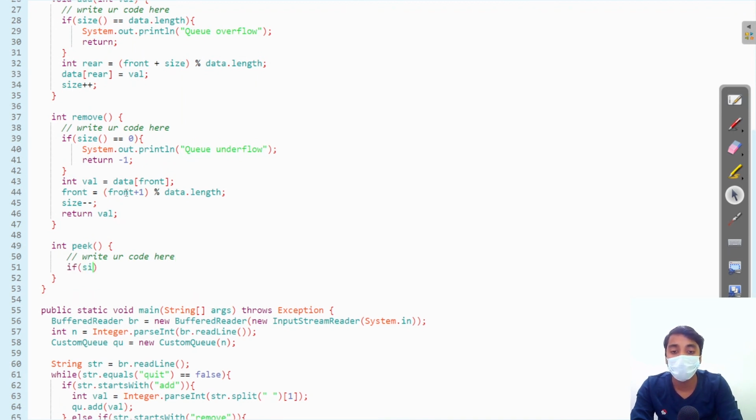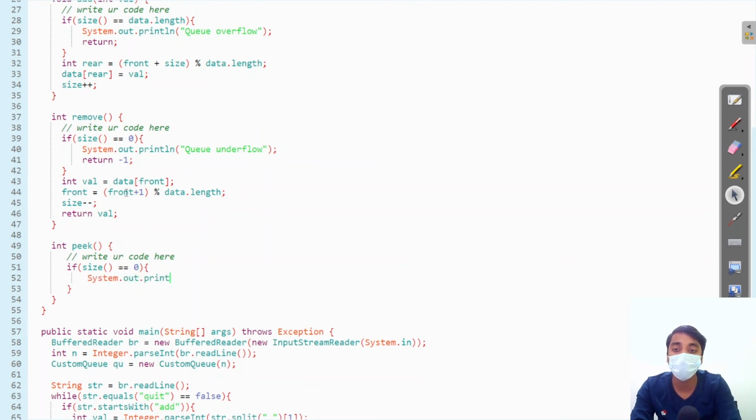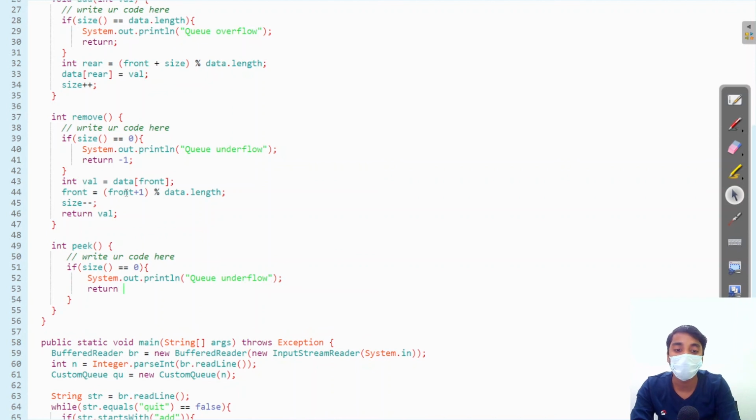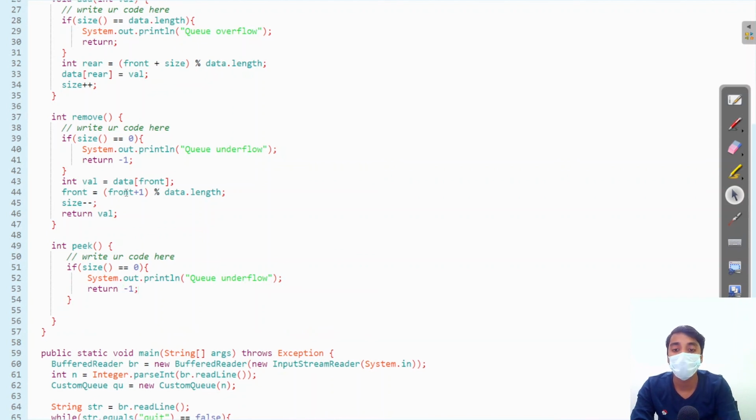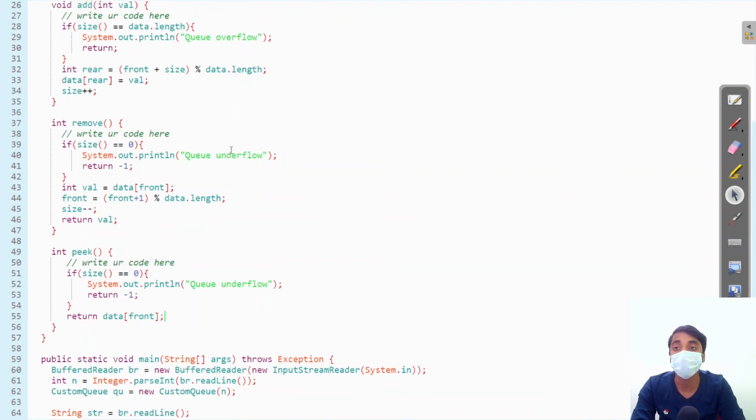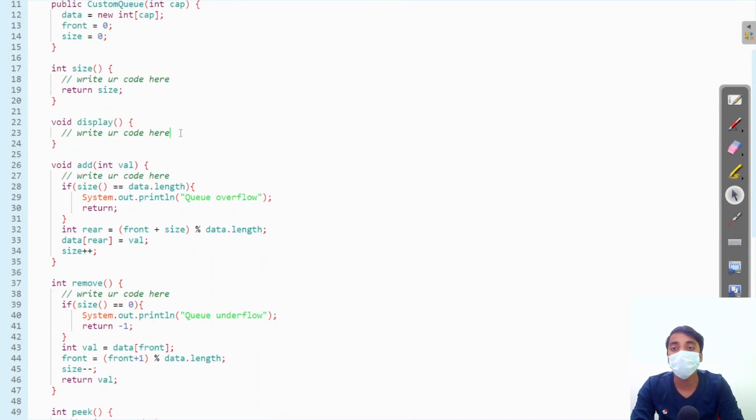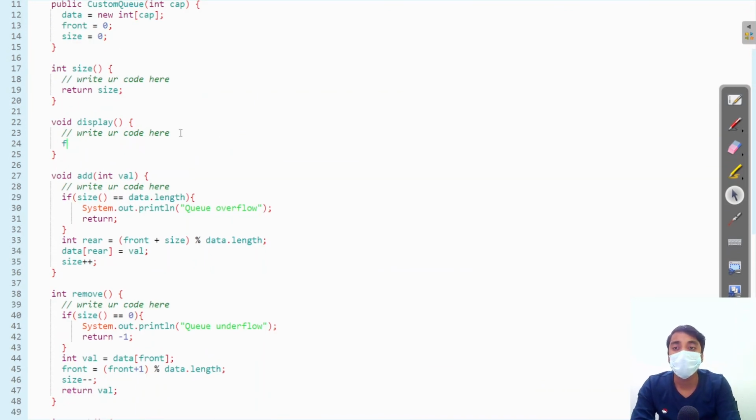Now for peek, if the size is equal to 0, this means there is no element. So queue underflow. Return -1. Else return data at front. This will give us the peek value of our queue. Now we need to display. For displaying the elements, we will display all the elements starting from 0 till size.